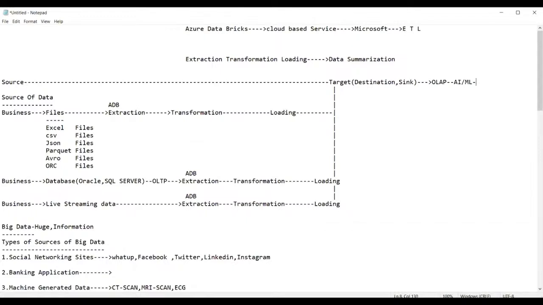So sir, ADF and ADB are enough, right? Yes, ADF is enough, and ADB individually is also enough. If you have the ADF and ADB combination, it's very good, but if not, it's not like that. Definitely you will get a job, whether you know ADF or ADB or not. There is a misconception in the market that if you know ADF, you should also know ADB, then only you'll get a job. It's not like that. These are two different services. ADF has its own functionality and ADB has its own functionality. The only thing is the market is a bit low, so you are worried, that's all.